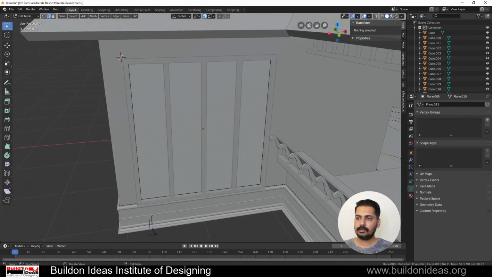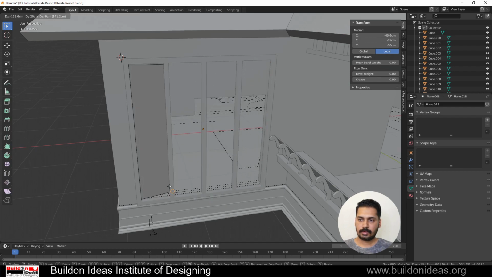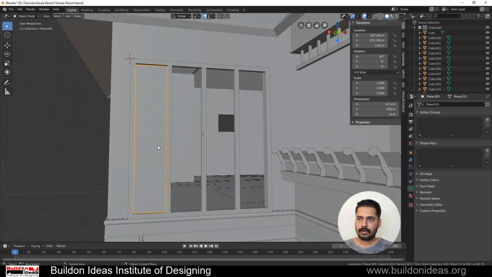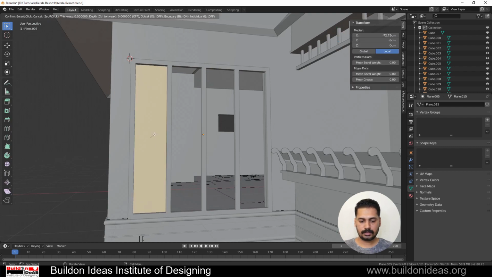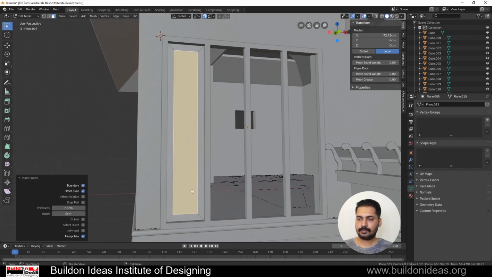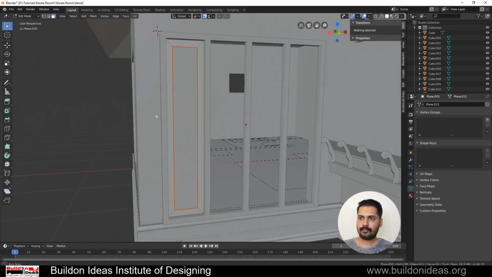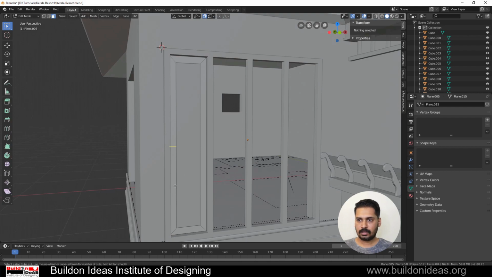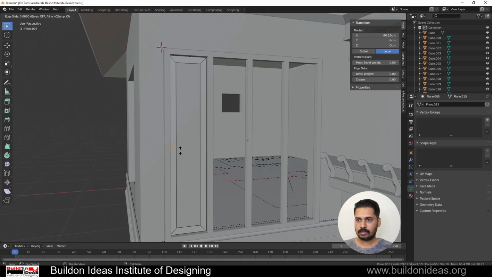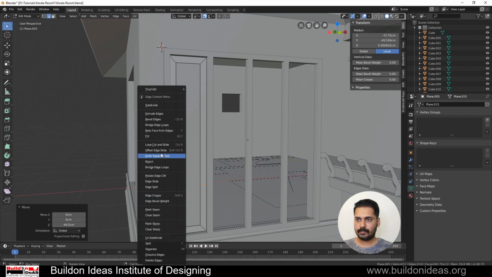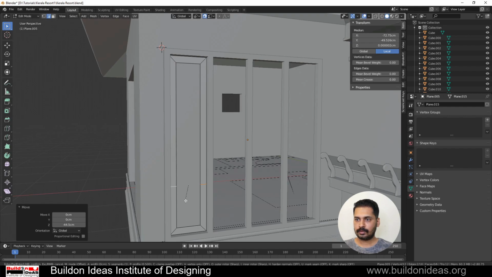So I have this plane here, just select this and grab it to this position, and then give an insert face, insert by 7.5 centimeters, and then click on P, select this, Control R, select this face and this face, G in Z direction, slightly down, and then give bevel edges